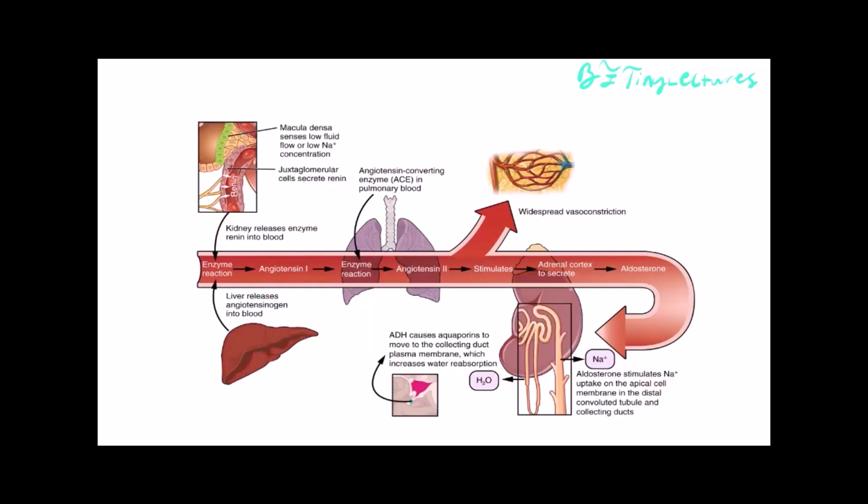Maybe this is your first time hearing about the renin system. So what the Renin-Angiotensin-Aldosterone system is, is that normally when we have low blood pressure or low blood volume, the kidneys sense that we have low blood pressure and low blood volume, and so renin is going to be released. And renin is made by the kidney. So renin is released by the kidneys, and it's going to interact with something called